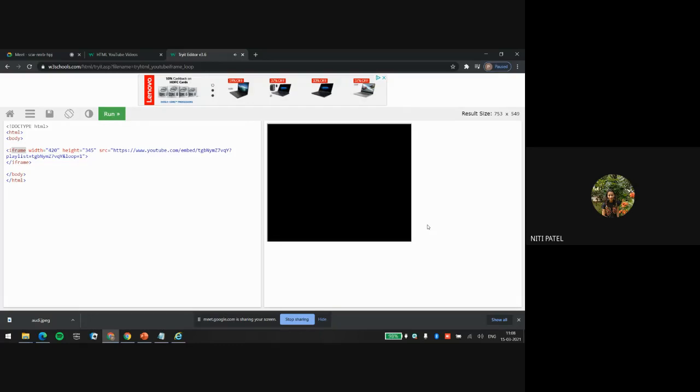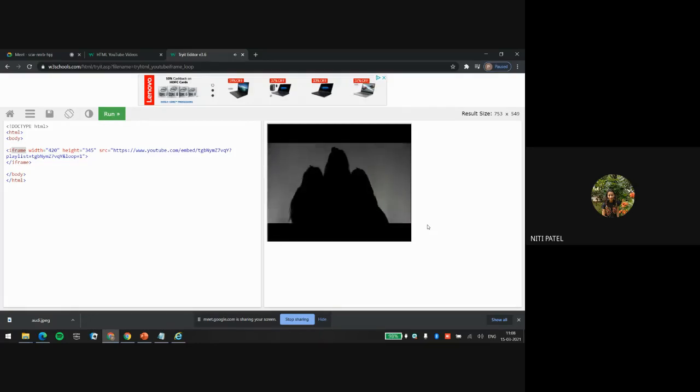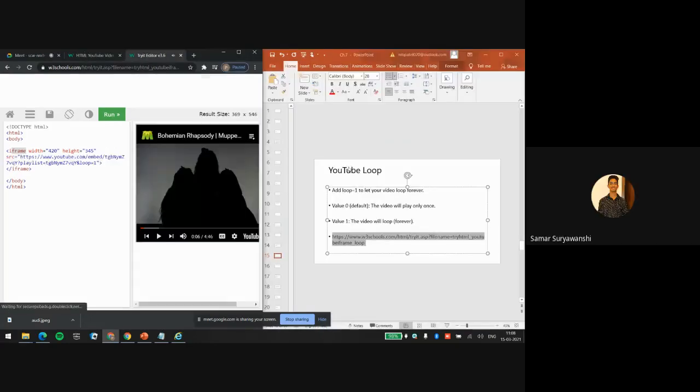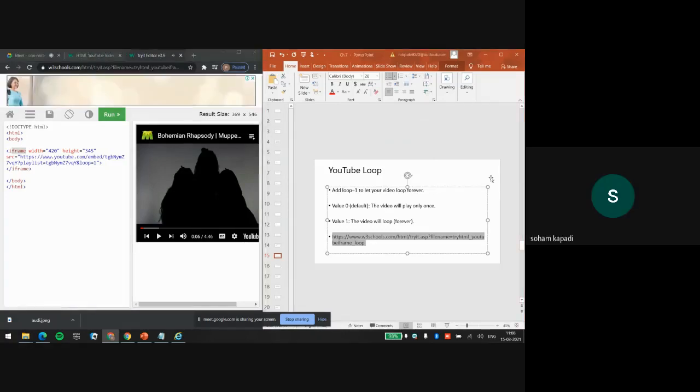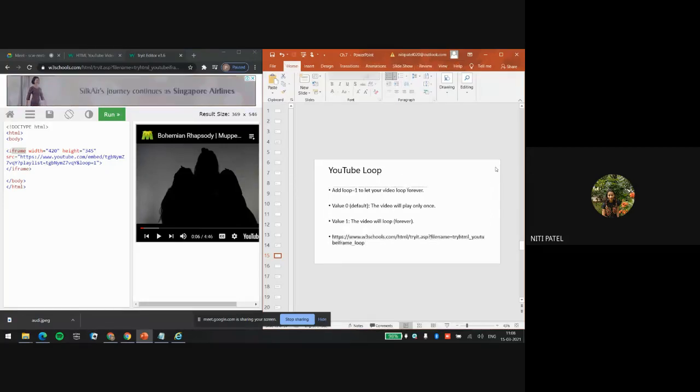So, see, did you see? It has restarted again. Did you observe that? Yes, by default the value is 0, but if you want to make it run in a loop, you have to set the value loop is equal to 1.